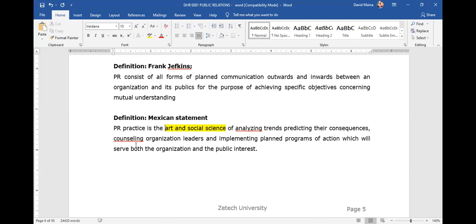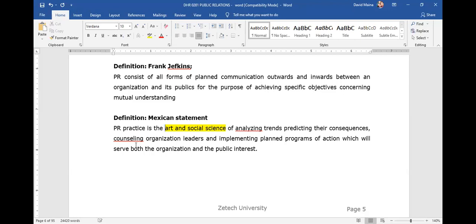Who is doing all this? It is the PR officer, the public relations officer. Once you predict the consequences, then maybe you are telling them the way you are doing your own things, this one, you might find problems in future. The way you are packaging your products, you might find problems in future. The way you are handling customers and the way you are telling them to do this might bring problems in future. So you are analyzing those trends, and you start predicting the consequences of the way things are being done on the ground.